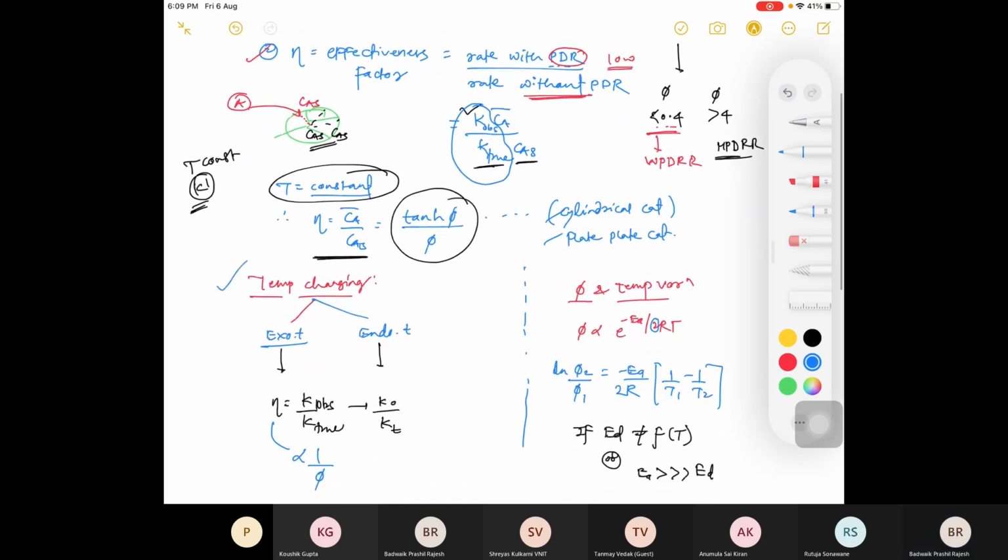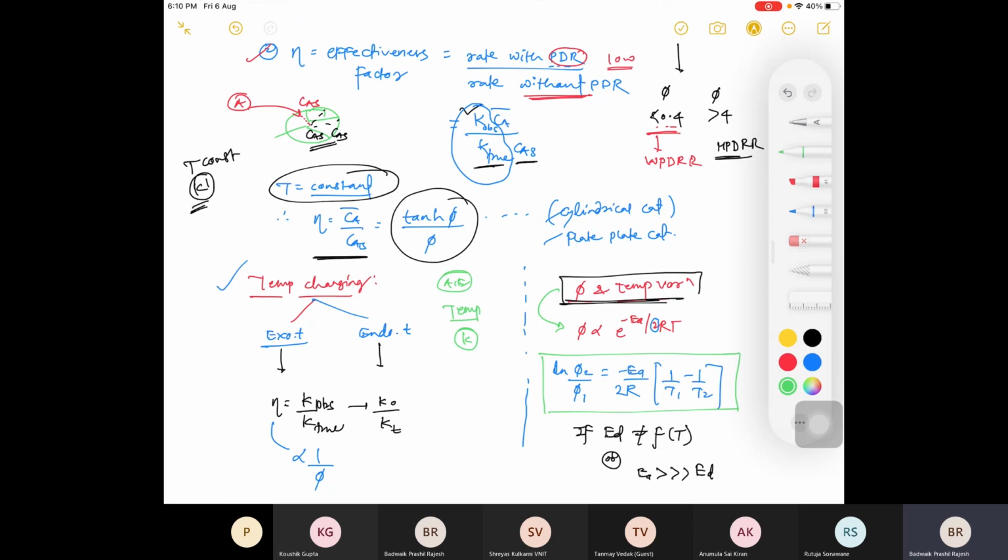Now the next condition is, I am talking about phi, the Thiele modulus, and there is temperature variation. Similar to the Arrhenius equation, as my temperature is changing, there will be a change in the rate constant. Based on that concept, it has been proved that the Thiele modulus also varies with temperature, and I have proved what the formula is. We proved how the Thiele modulus varies with temperature. Suppose at one temperature this is my Thiele modulus, and at the next temperature, what is my Thiele modulus?